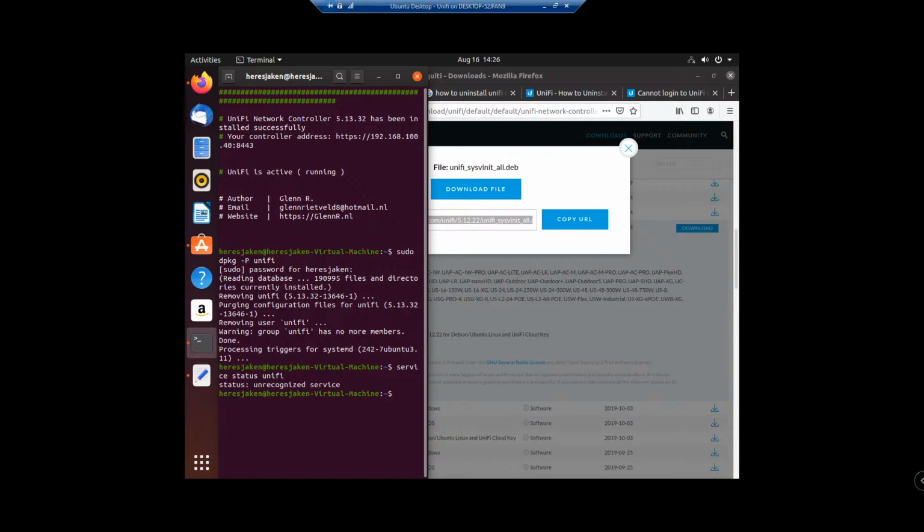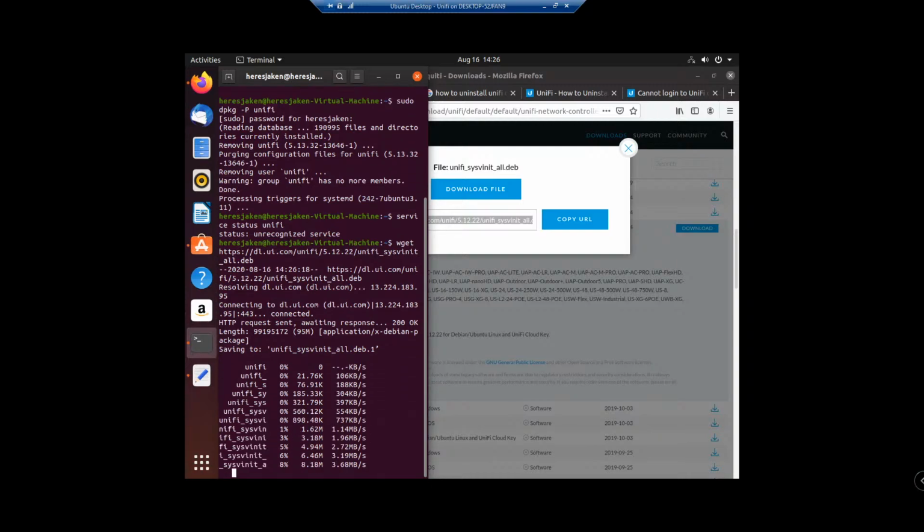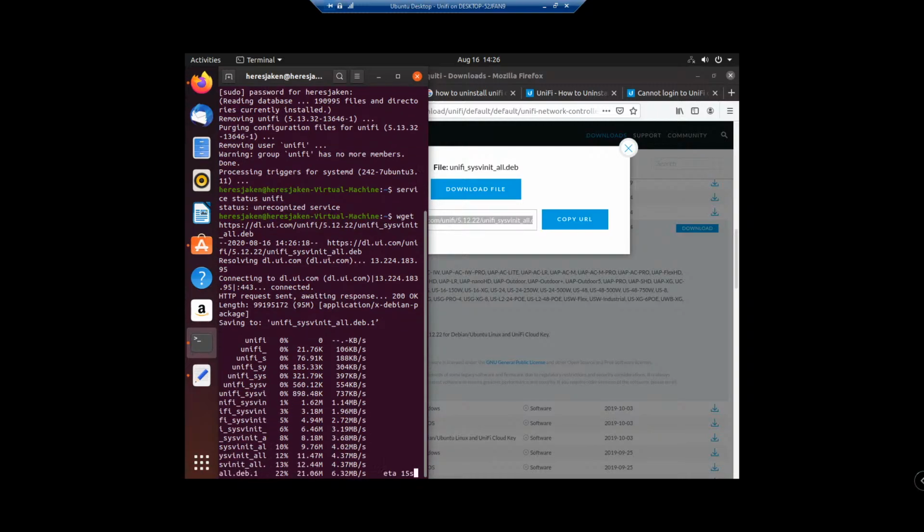Cool, it's an unrecognized service. So if we go wget and paste this URL in here, so that's going to download my UniFi installer file, and then what I'll try and do then is I will